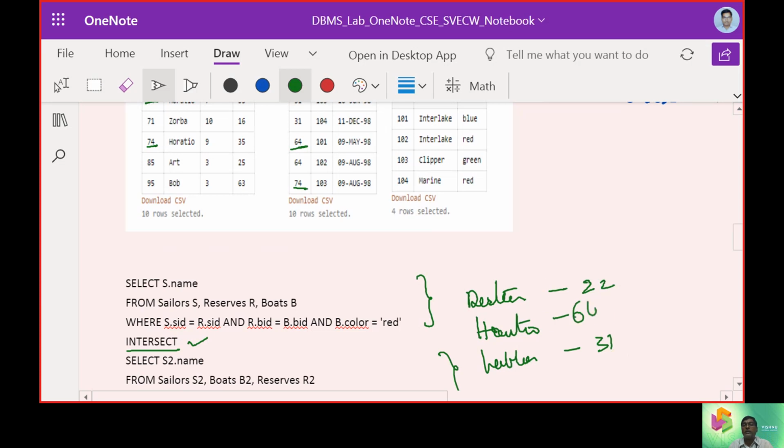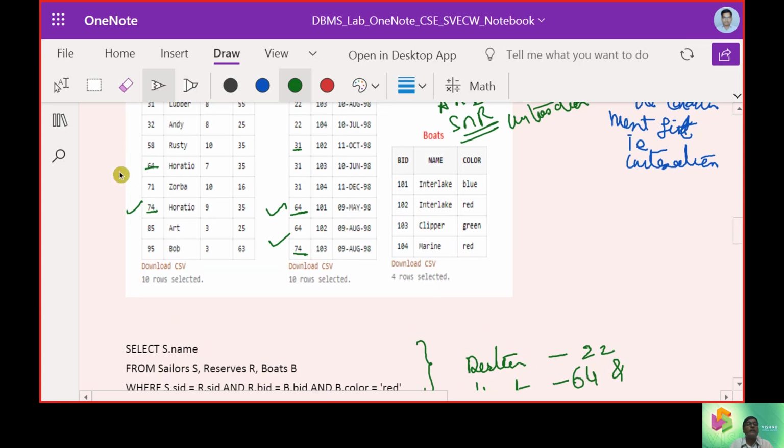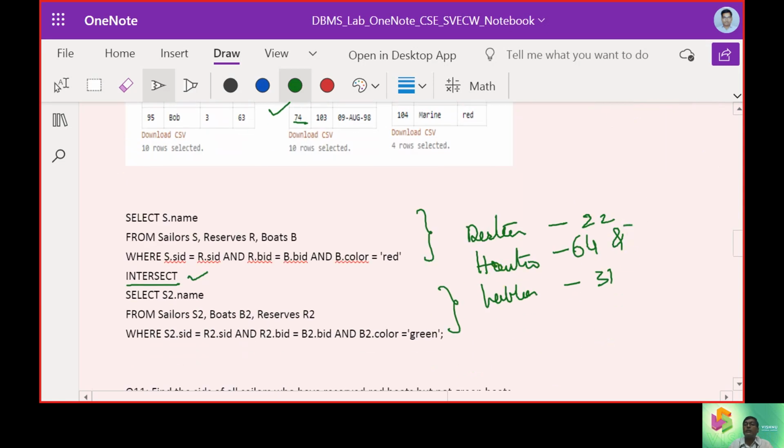And Horatio was 64 and 74. We can see Horatio's interpretation was taken up. But we are asking only for the name, so only the name must print.